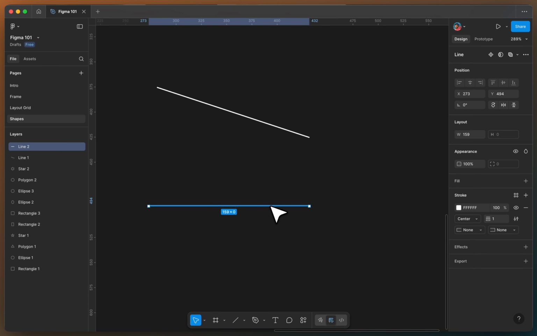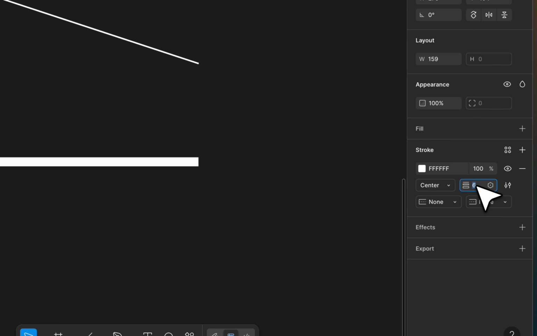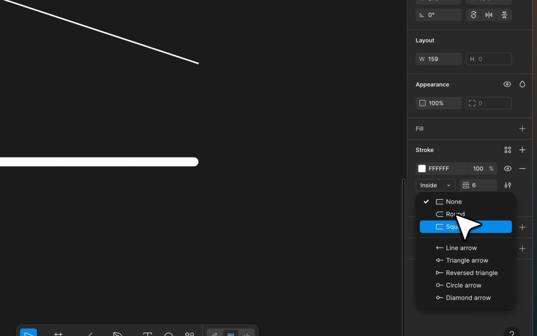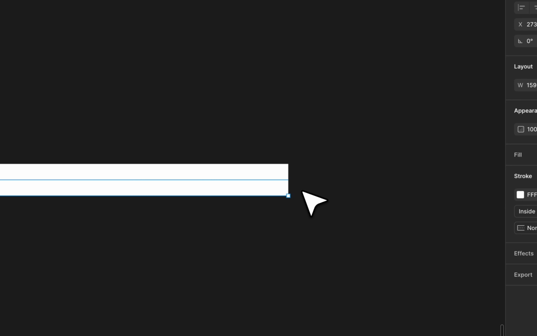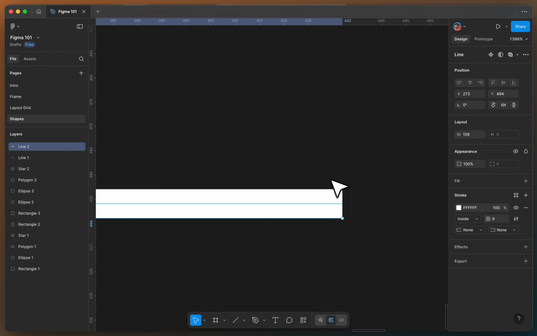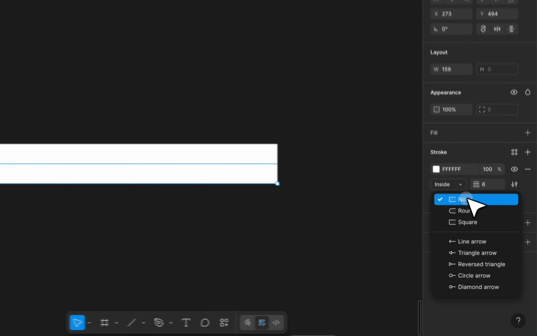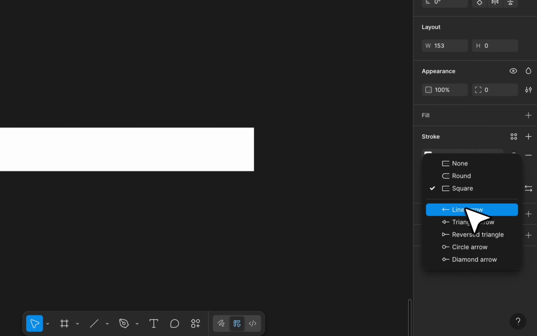So when you draw a line, it basically sees it as a stroke. Now you see our stroke weight, and you can increase the width of your stroke, you can control the positioning, you can set the edges. So currently, if you look at the edges of this line, you can see it's kind of like flat. You can switch that to round, you can switch that to square,